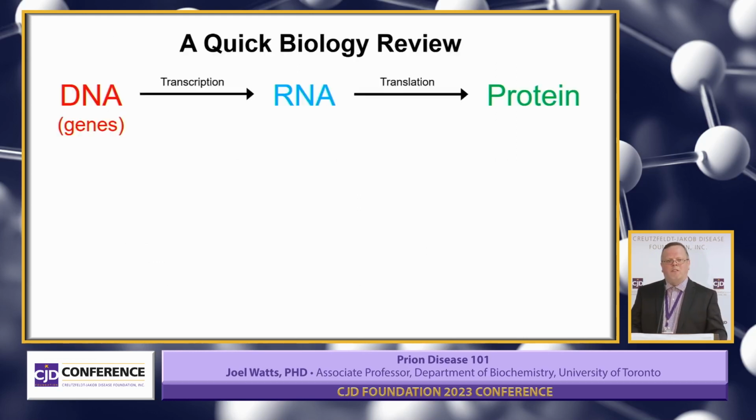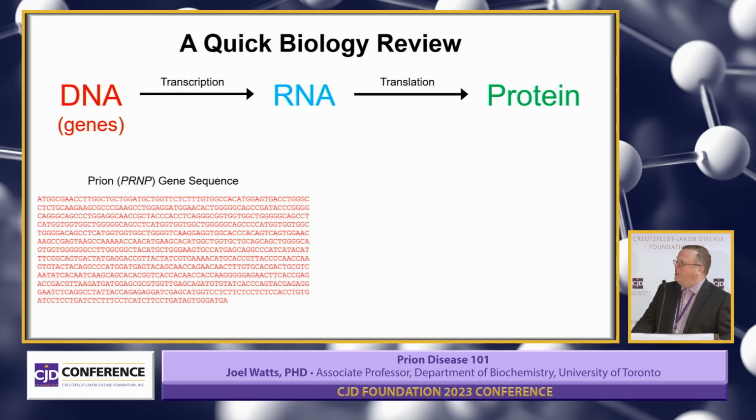So just a quick review of biology. This is kind of like high school biology or first year university. We have DNA in our cells. These are our genes. DNA gets transcribed into RNA, ribonucleic acid, and then RNA gets translated into proteins. And proteins are the workhorses of our cells. They do things like catalyze the enzymatic reactions necessary for metabolism. They form the structural building blocks of the things in our cells that give them their shape. They regulate things that get inside and outside of our cells, so they're basically the main doers in the cell.